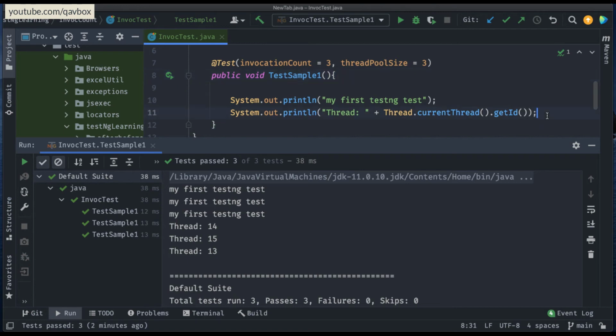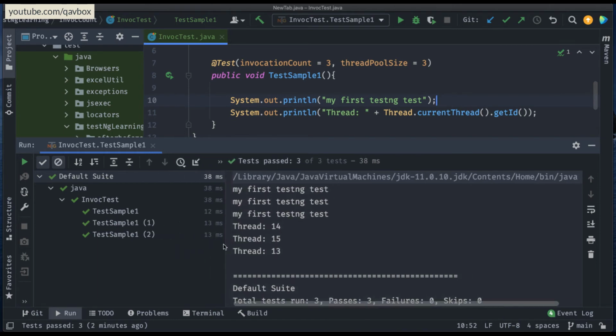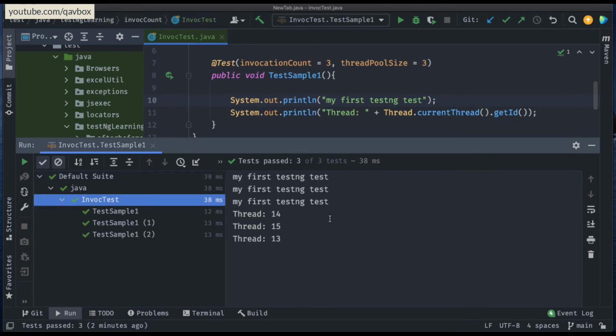See, this is just a small test case which is not even taking a fraction of a second. That's why you can see it took 12 milliseconds here. So within 38 seconds you have finished this one. Now, when you are executing test cases with Selenium, which might take 2 or 3 minutes, and it is launching your browser, talking to your database, talking to some Excel sheets, it is utilizing a lot of resources.